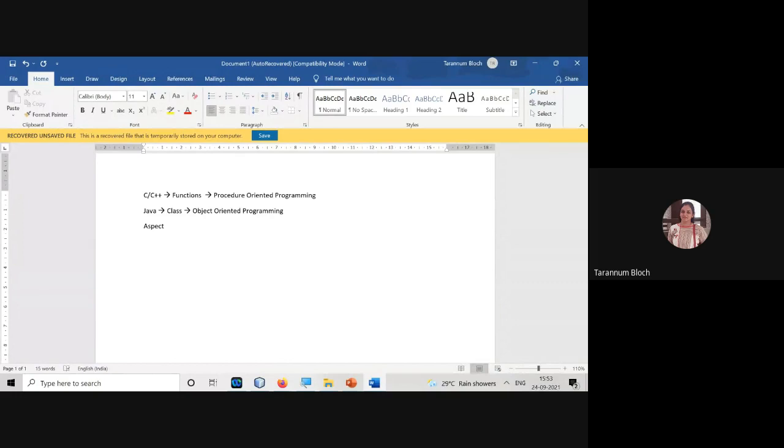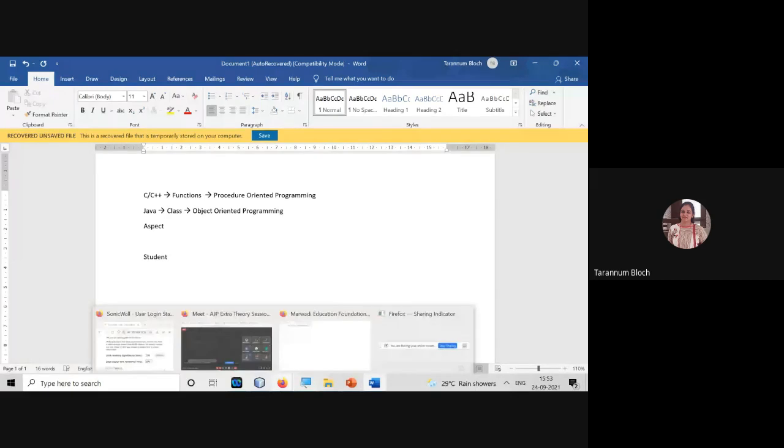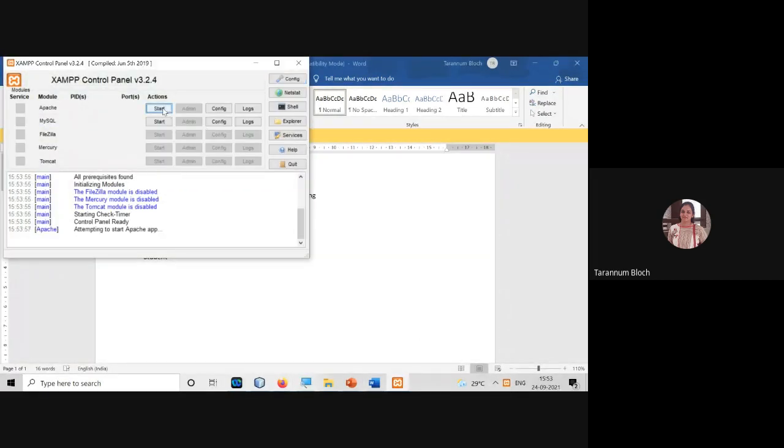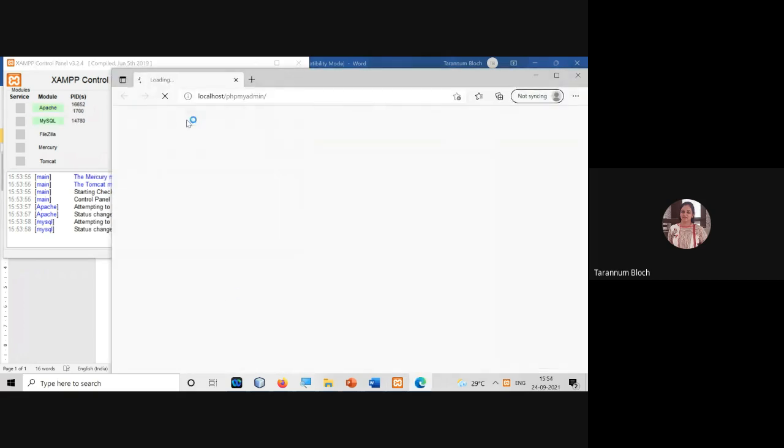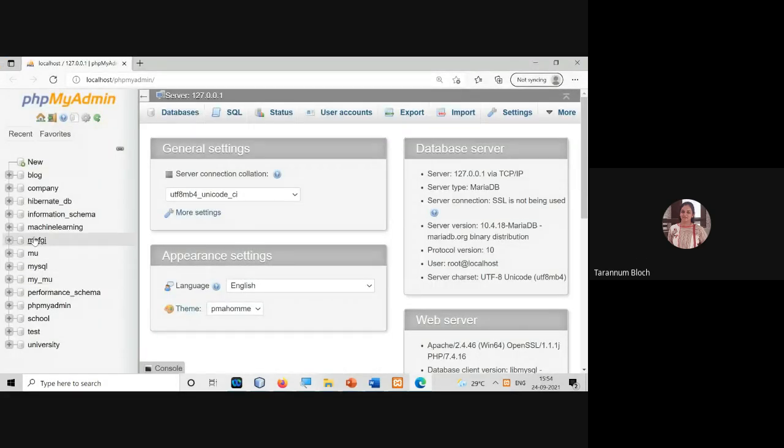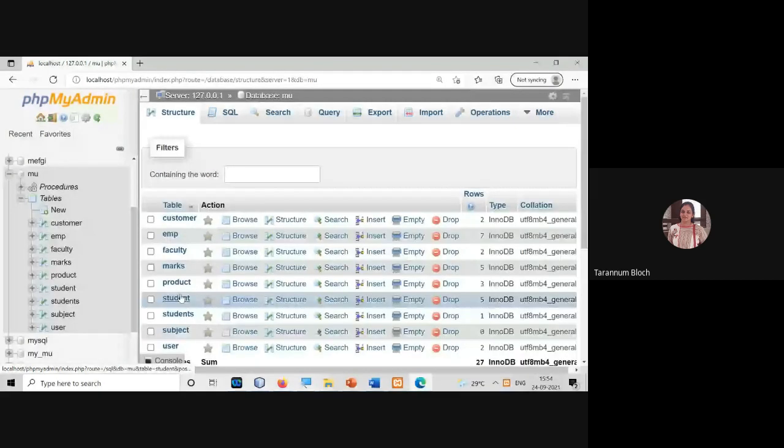I have two tables, a student table and a stud marks table. The student table has a primary key, SID. If you look at the database, I have a table student. Look at the structure: I have ID as a primary key, which is auto increment.